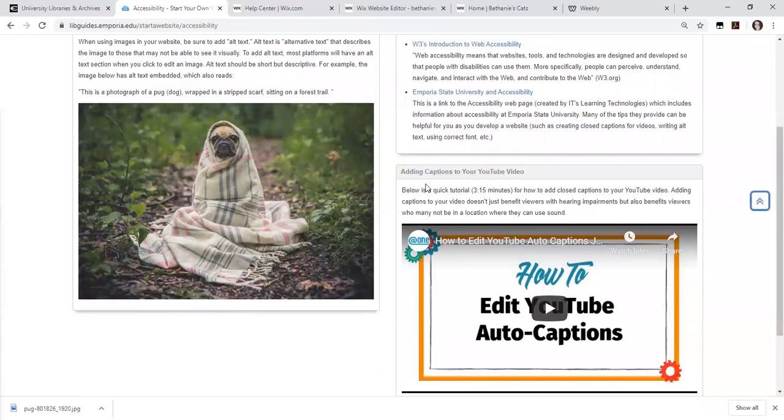Then down here I have adding captions to your YouTube videos. This is just as important as alt text. I think a lot of people feel it's a lot of work adding captions. For this specific video that I'm filming right here, it's going to be 30 minutes, and adding the captions later is probably going to take a couple of hours. It takes a lot of work, but it's definitely worth it